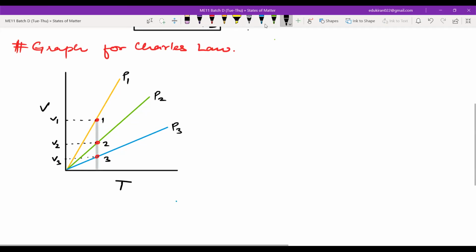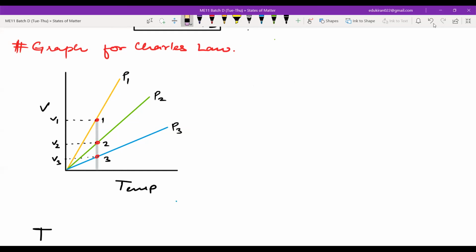Khalil, can you tell me what is similar between point 1 and 2? Point 1 and 2 both will have an x coordinate and a y coordinate. X coordinate will correspond to the temperature. Y coordinate will correspond to the volume. Tell me, what is same in all 1, 2, 3? Is any one of the coordinates same? Sorry, the temperature is same for all of them.